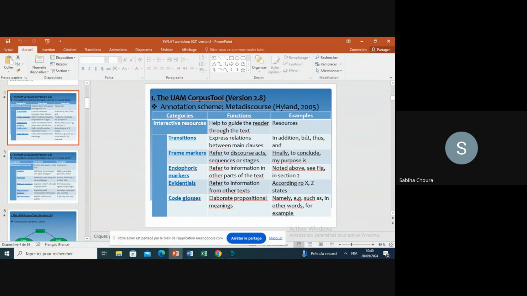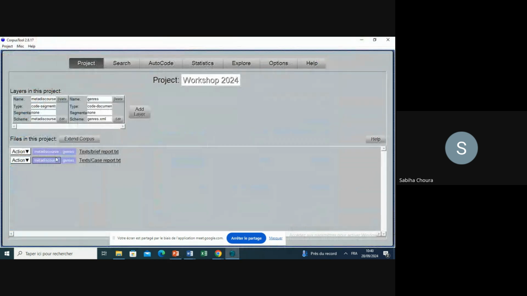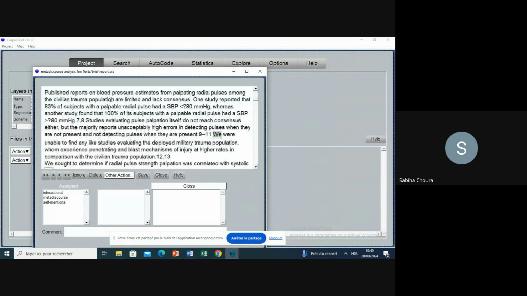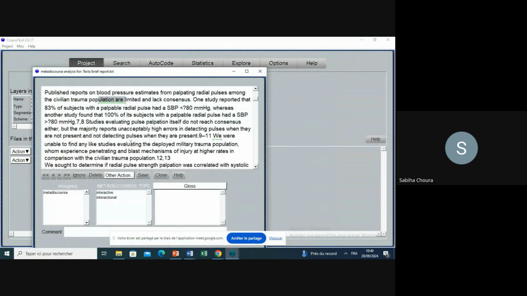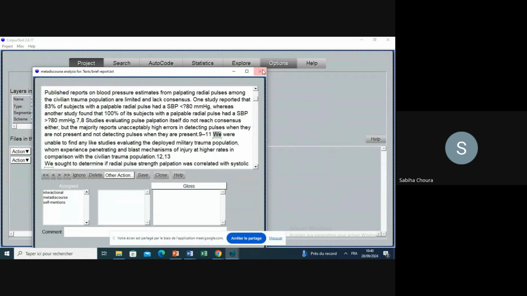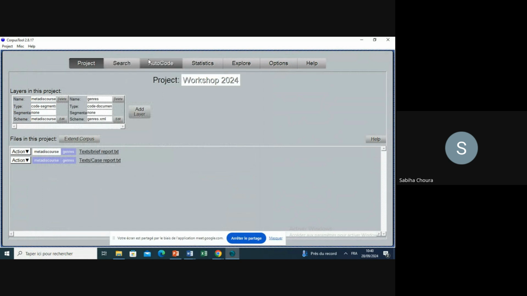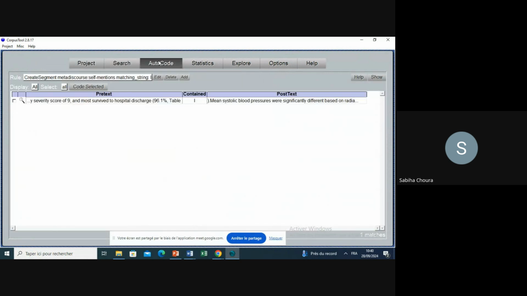Let's look for the word "but" and assign the feature transitions without reading the text, without going through this process, reading and annotating. So this is manual annotation. It consumes a lot of time. I'm not going to go through this. I'm going to move to AutoCode, and I'm going to add